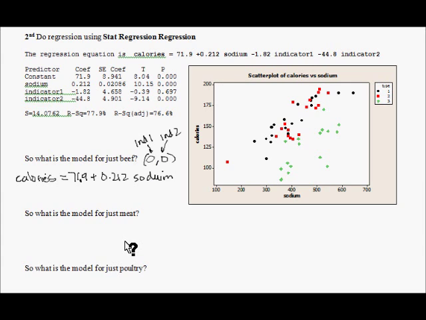Now what about for meat? Well, for meat, we had what? For meat, it was 1 and 0, right, with the indicators. That was for meat. So that means for meat, we're going to have indicator 1 in there, but not indicator 2. So that means we had the calories